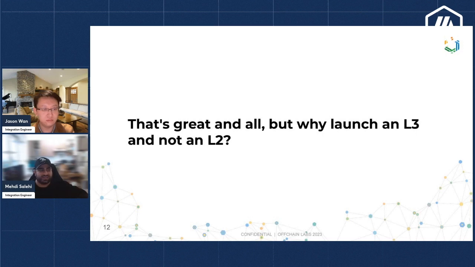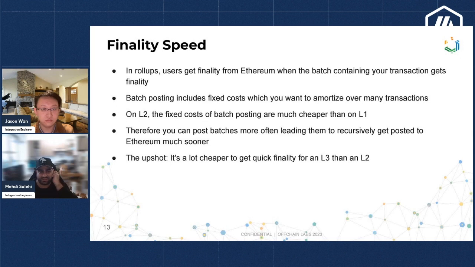So as I said, we have L2 and L3 Orbit chains, but we would recommend having L3 chains. The reason is that for L3 chains, we have faster finality. Our batch poster, which posts batches back to the parent chain, would post to L2 for L3s. For an L2 Orbit chain, it would be L1. And it's much cheaper to send batches to L2, so you can do it more frequently, and it would help you to settle your